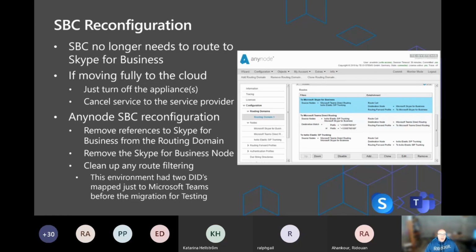If you're using an AnyNode SBC, it's different per SBC. In this case, in the SBC, we're going to remove any type of connection to Skype for Business Server. So we're going to go into the routing domain. We're going to remove Skype for Business Server, and we're going to remove the Skype for Business Server node as well. And then if there is any type of route filtering, make sure you do clean that up